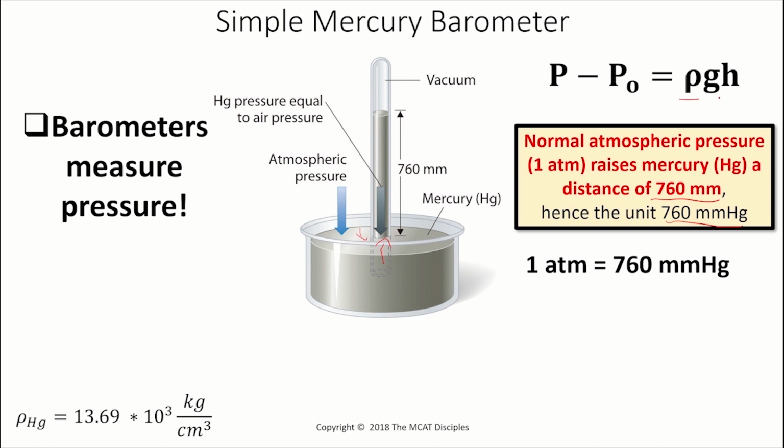Nothing special here. You can still use this equation to calculate the pressure, but in this case the P0 is 0 because this is the vacuum. So this is what we're taking as P0. P0 is usually atmospheric pressure, but it's really just the pressure that you take as the environmental pressure. So in this case, with a barometer, we're trying to determine atmospheric pressure, which is in this case this big P. Okay, so that's one of the nuances that I wanted to mention here about the barometer.